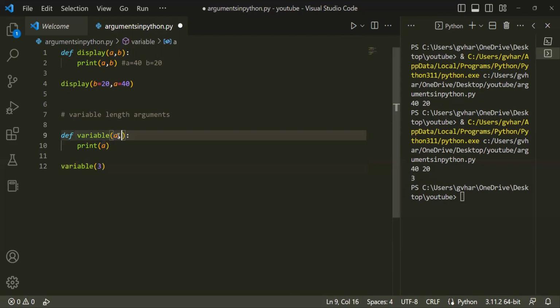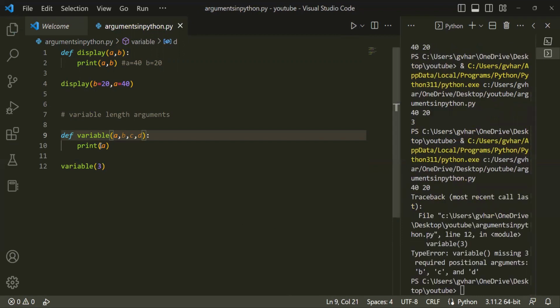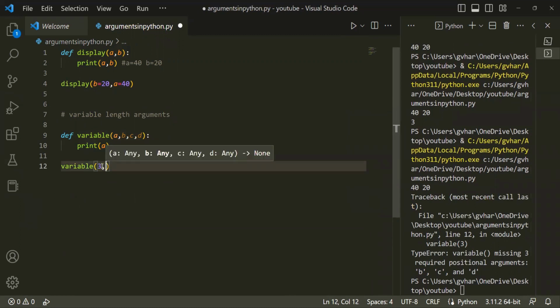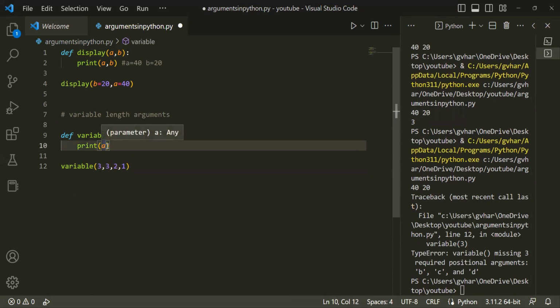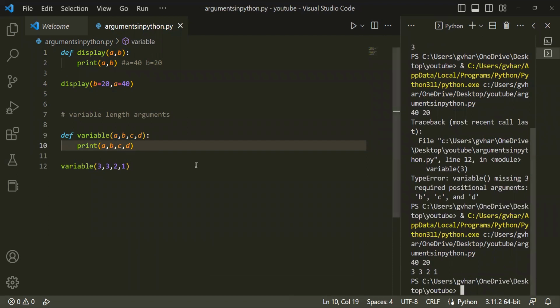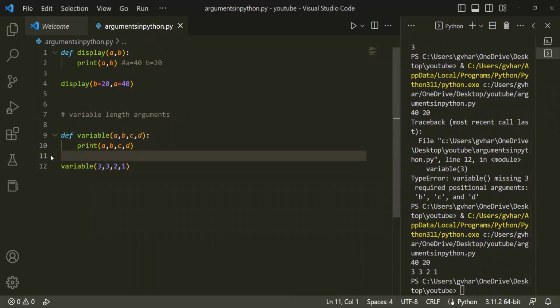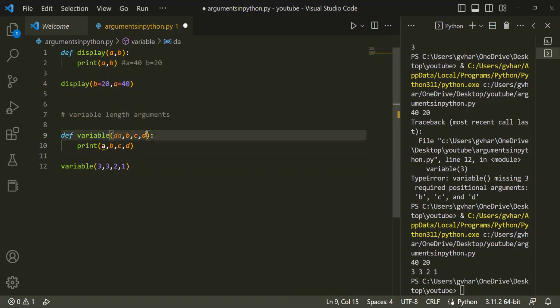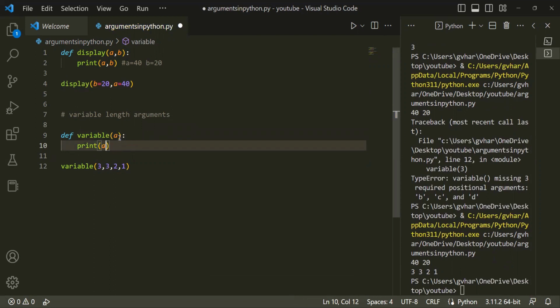If I pass other values, let's say b, c, d and run it, it will throw an error because I have not defined those parameters. Let's pass them. Four values are passed, but I also need to print them here. If I run it, that will print four values. But this is cumbersome and not an effective way of passing parameters. Instead, we give a single parameter, a single argument,